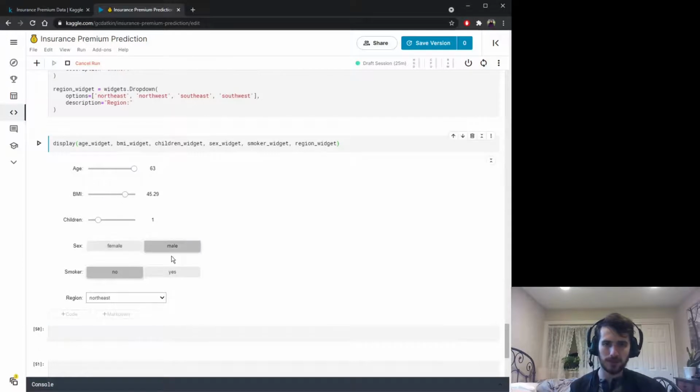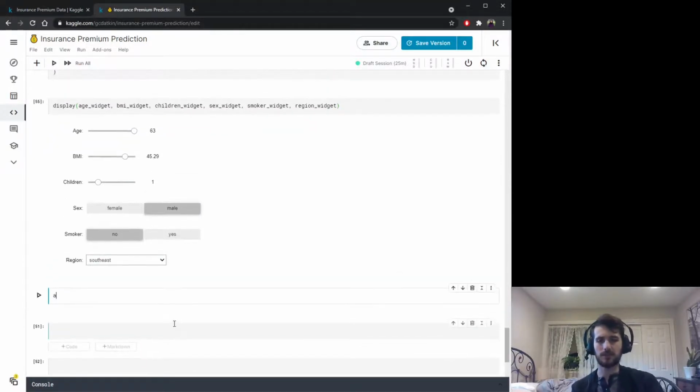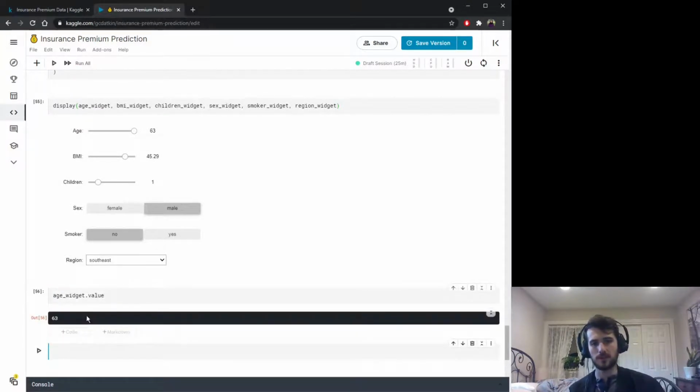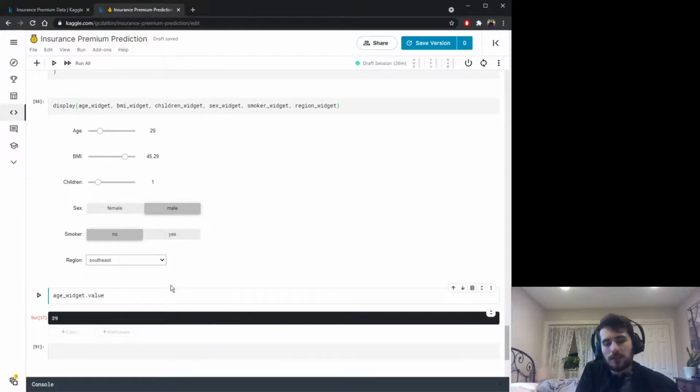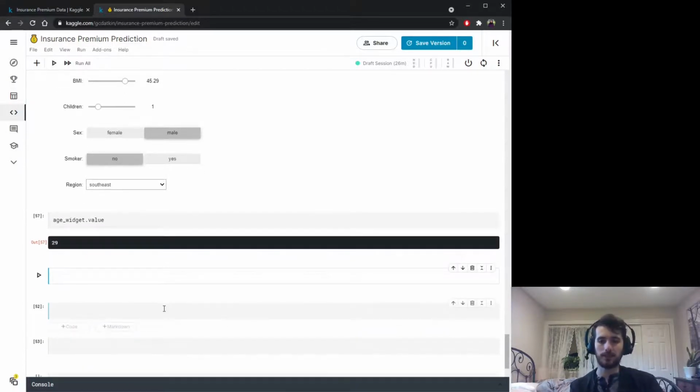And the reason we do this, the way we can use this is to take one of them and use the .value attribute to return the value. Now if we change this and recompute the value, it'll update according to whatever's on the slider. So now what we want to do is use these inputs, whatever the user specifies, as input to the model. So what we'll do is create a button. So we can do widgets.button